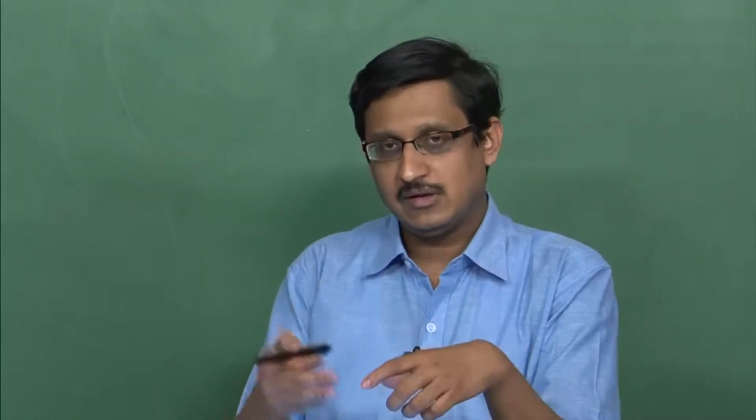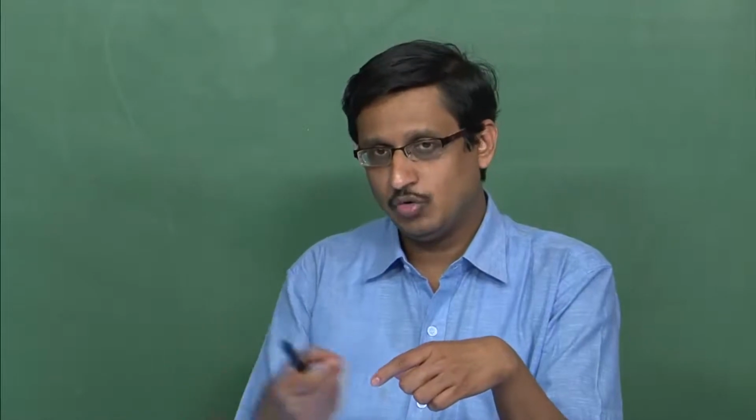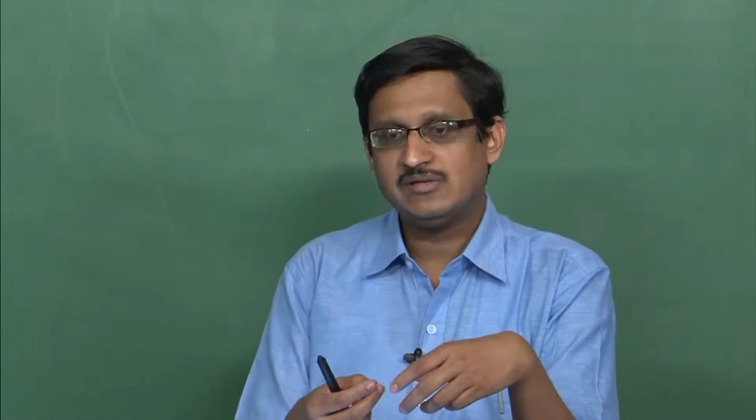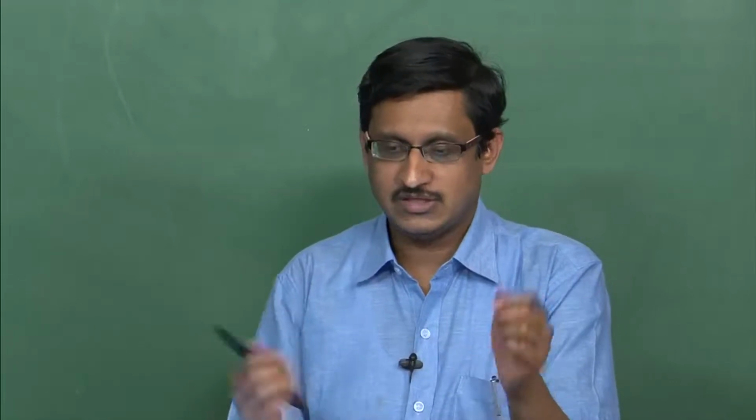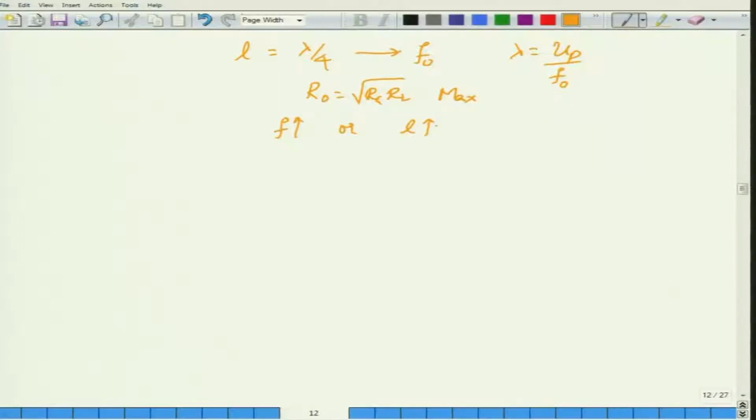Or even, there is a solution in the discrete case wherein you can move a tuner, as we would call it, but on a printed circuit board with a track length, I can't do much about that. So if you move away from L or away from f, then you suffer pretty badly in terms of your VSWR. Please remember that VSWR gives you information about the mismatch, because VSWR is directly related to the magnitude of gamma, and gamma gives you information about how the incident and reflected waves are related. If gamma is equal to 0, there won't be any reflections.